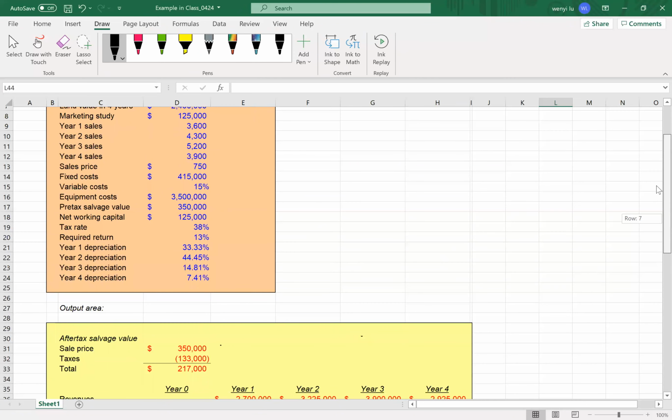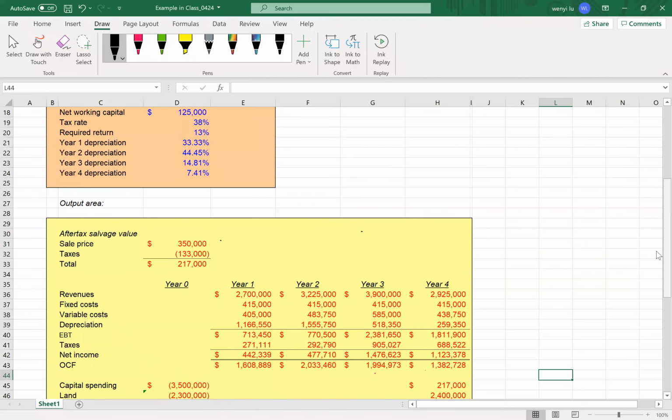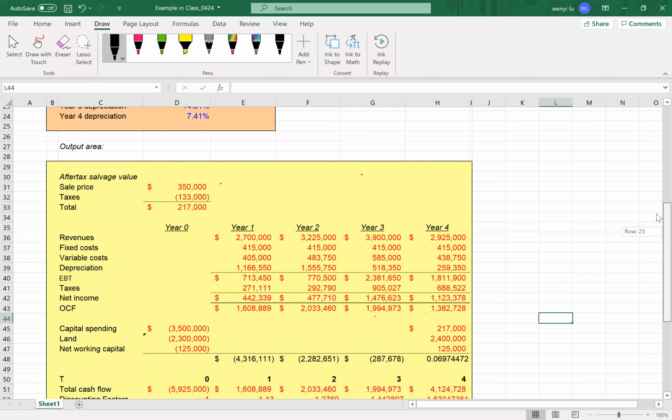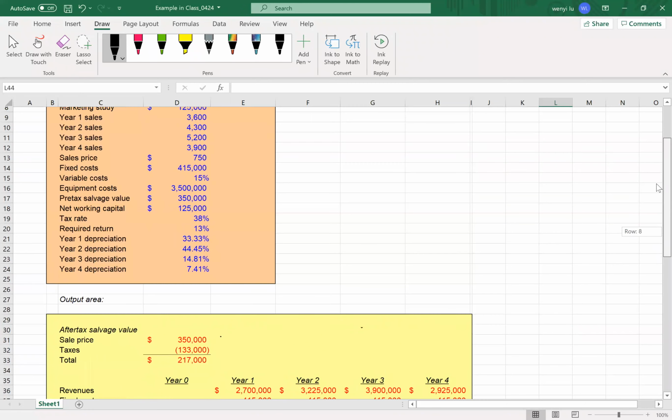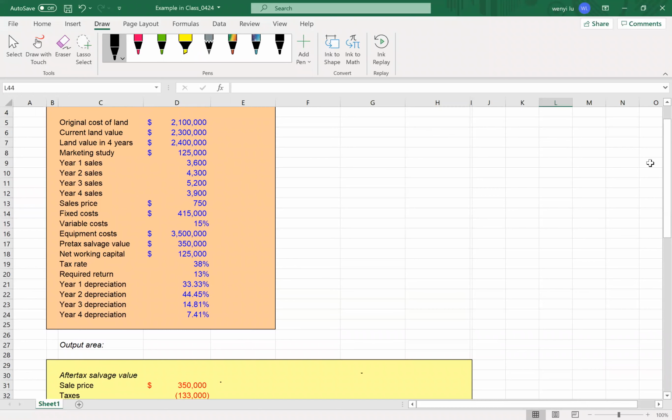What's the time zero's cash flow? Time zero's cash flows include the initial spendings on what? On the capitals. That's the original cost of the land, that's the initial cost. And also when you try to start your project, you have control of working capital. That's a short-term